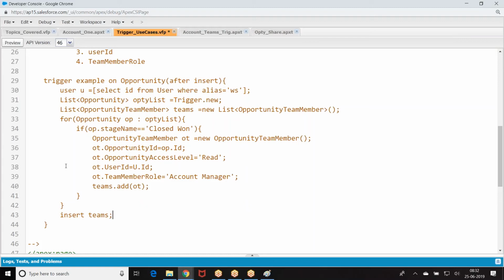Clear for everyone? Similarly, practice one or two sharing rules on this. You'll understand the format of writing the insert trigger. Tomorrow we'll see update triggers, and with the help of update triggers, we'll also practice dynamic approval process: how to submit the record for approval, how to get the records, approve the records programmatically, and submit the records programmatically. This context we'll see.